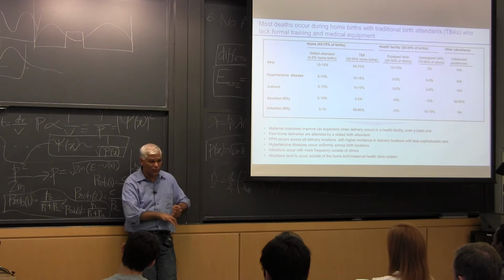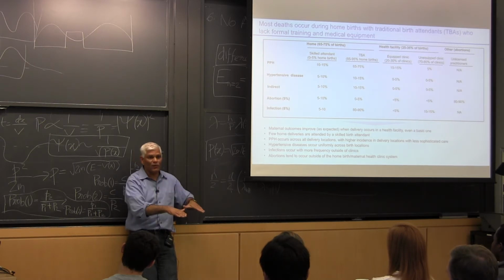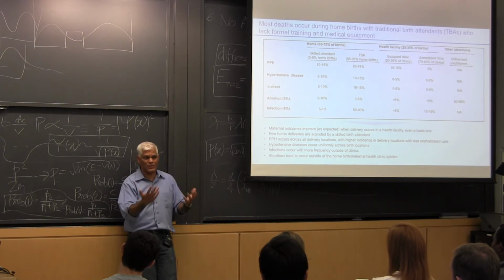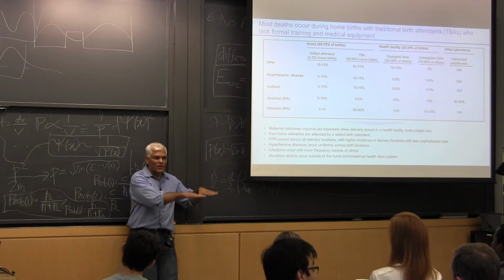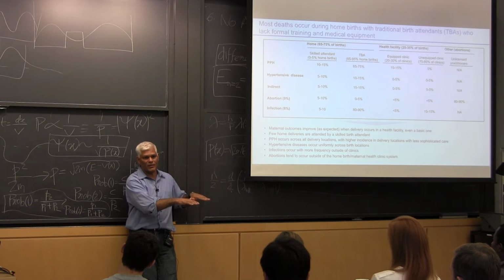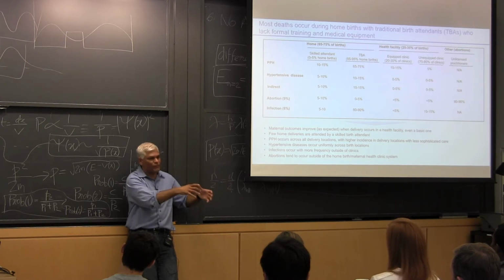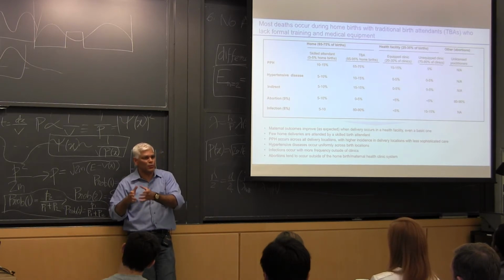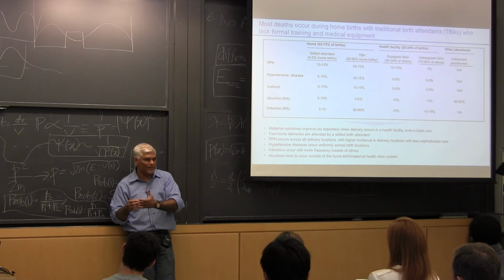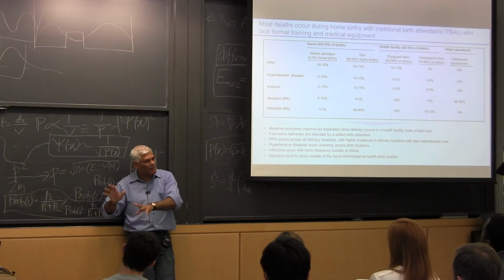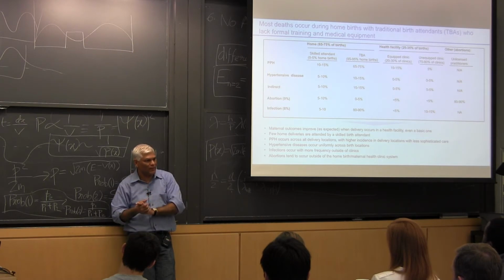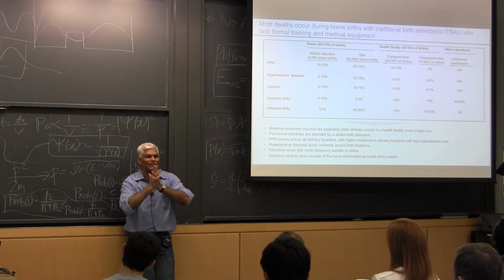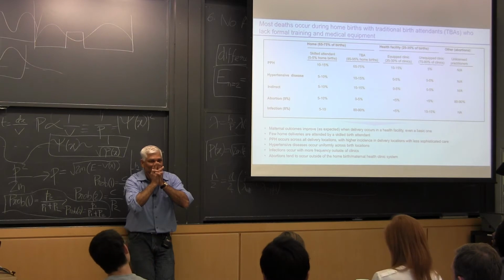So my point is that the paradigm has to shift from giving birth at home, not knowing when you're due, relying on these women who, bless their souls, are the only resource these communities have. But that is not an acceptable way of giving birth in this day and age. It has to shift to a clinic with reasonable equipment. And that's where technology can play a massive role, but we'll see why, even if it's necessary, it's not sufficient.